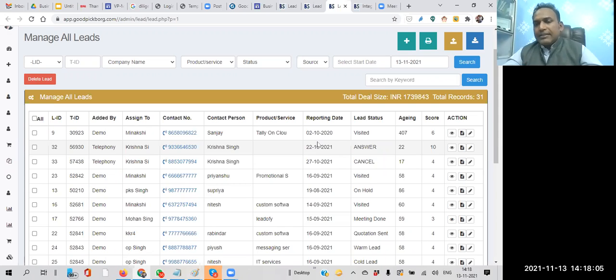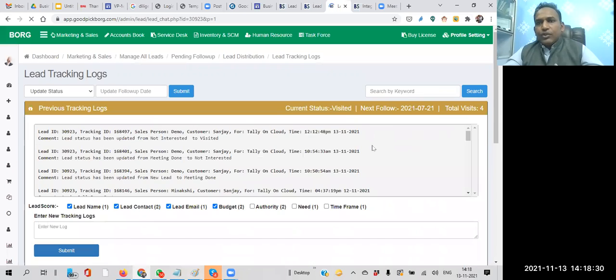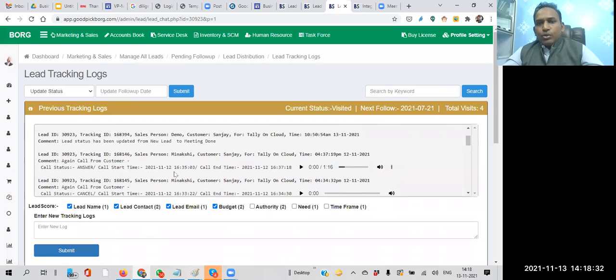Because that's the same guy who is trying to establish a call with our salesperson. So automatically that lead will be in your tracking log. How will that be? Let me show you. For example, I'm going to the tracking log again. If that person tries to call again, this entry will appear automatically over here.